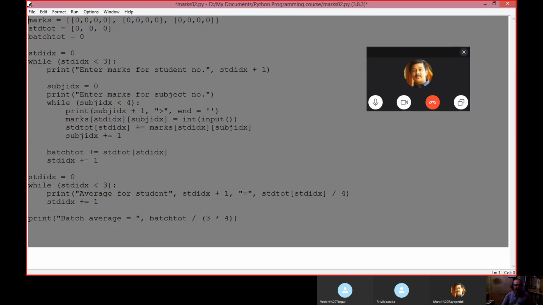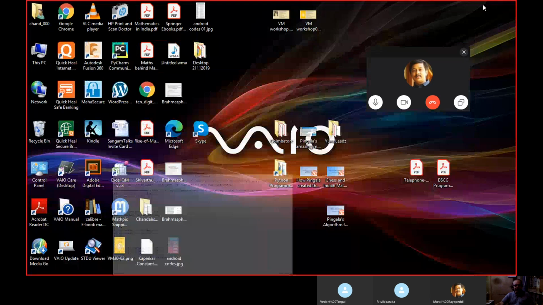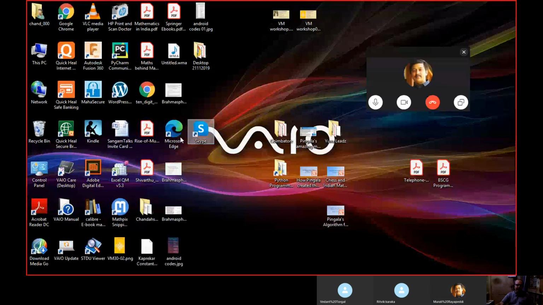I'll copy this code. And I have installed this IDE. See, Python has a lot of IDEs. So there is one IDE known as PyCharm. In that PyCharm, we can actually execute this step by step and also watch the values of the variables.